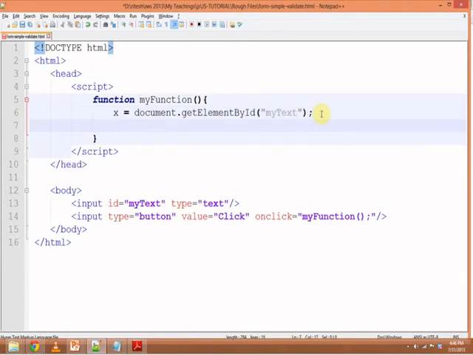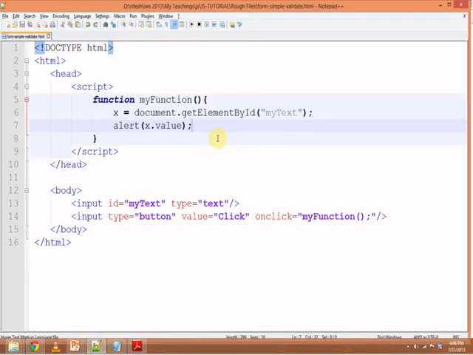So now my x contains the text box, and if I want to alert whatever you have written inside that text box, I have to say alert x.value. Let's see what happens. Refresh, write something, click on it, and you can see that Ritesh is being displayed. This means x.value contains the data that you have written.